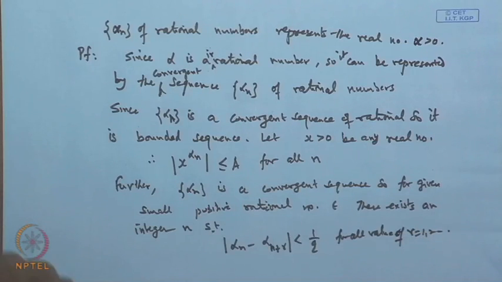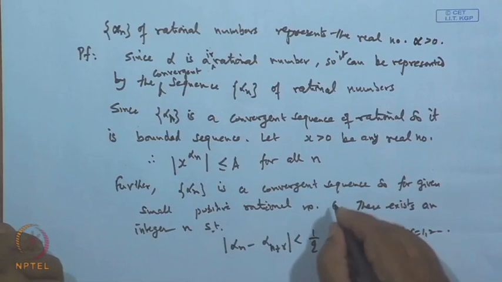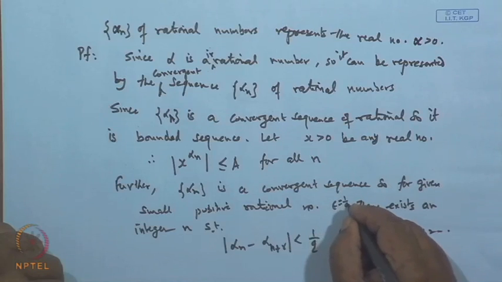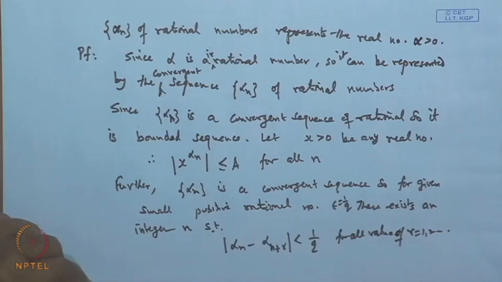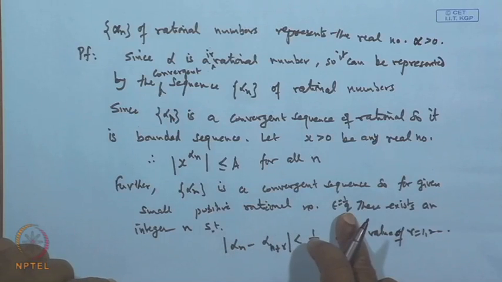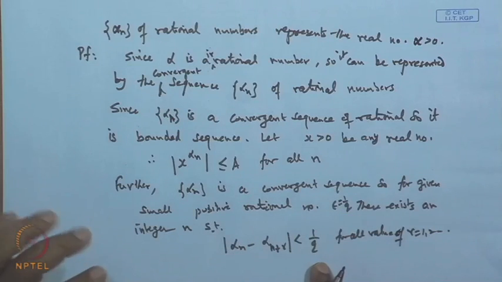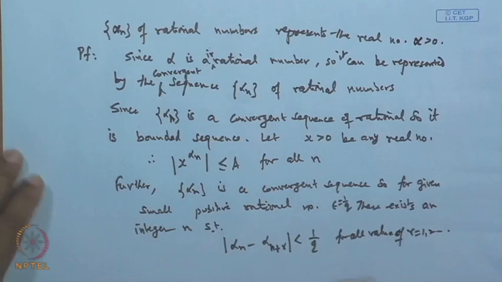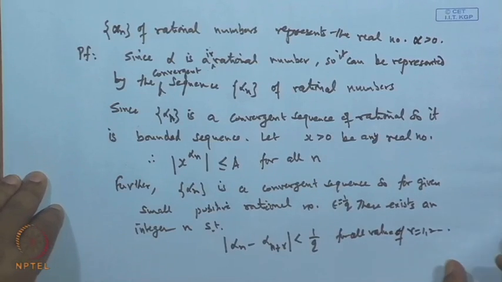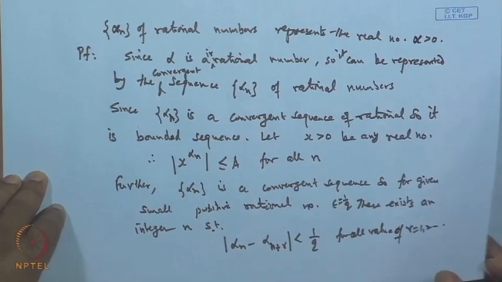Here I am taking epsilon to be 1 by q. So, for a given epsilon, say 1 by q, I am taking such that this is less than epsilon. Is it okay? Now, q is any positive number. Now, consider